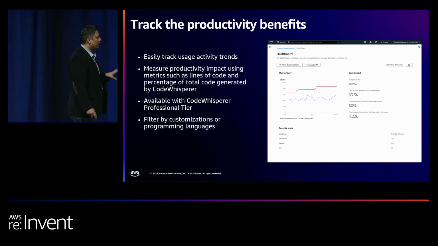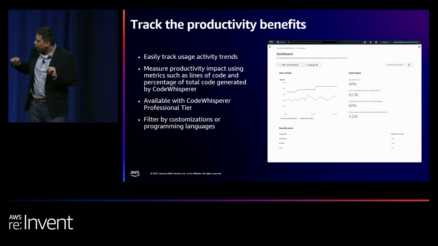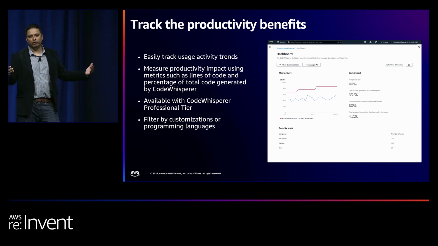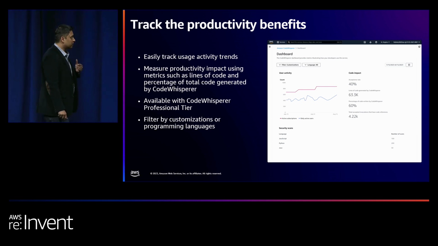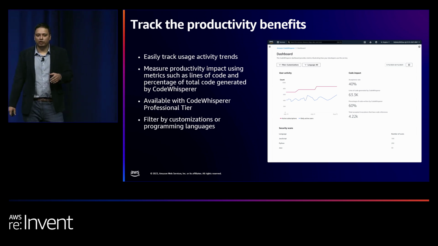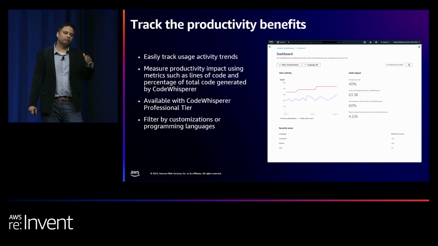Beyond that, we also have the code impact card. I'm not sure whether you're able to read the small text. The first one is acceptance rate. So it tells you when CodeWhisperer gives you, let's say, 100 recommendations, how many of them are actually accepted and how many are rejected. Of course, you want this to be as high as possible. And this is, once again, something that can tell you: if you see it at 5%, 10%, you can pretty much say this thing is not useful for my company. So this is a leading indicator of productivity. If acceptance rate is not high enough, eventually you will not see any productivity benefits.